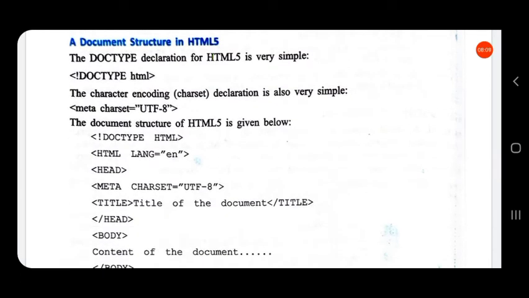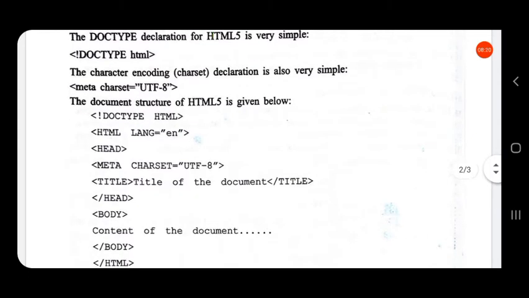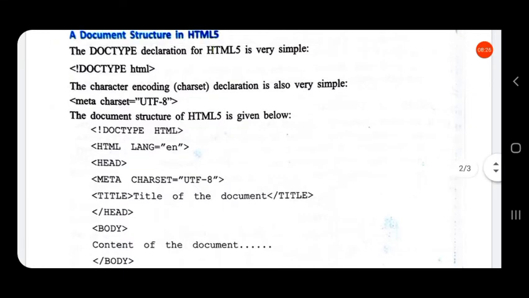So let us see the document structure. The doctype declaration for HTML5 is very simple. The character encoding declaration is also very simple. The doctype, that is the document type declaration, is